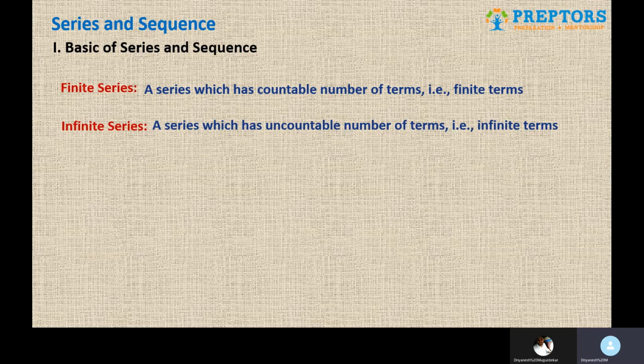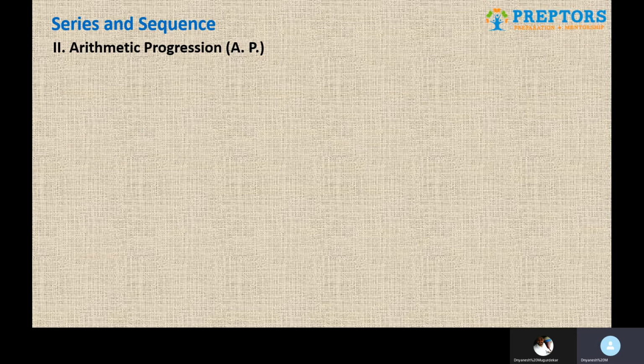So whatever three basic series that we are going to study, AP, GP, HP, they all three come under the category of finite series. And then there is another altogether different and additional concept of infinite series, infinitely diminishing series, which we also need to explore. So let's start with the first type, finite series. In that, the first one is arithmetic progression, or in simple words we call it AP.